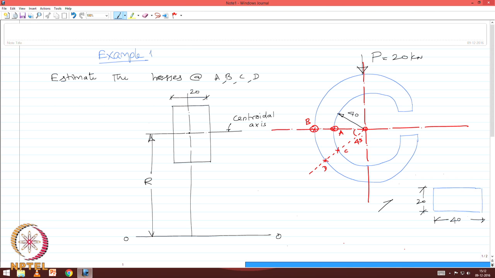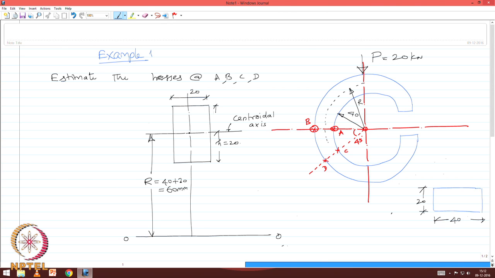One can see the radius can be now estimated as 40 plus 20, 60 millimeters, and this dimension is 20,